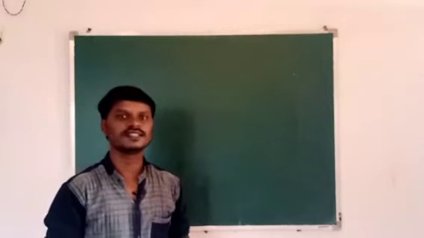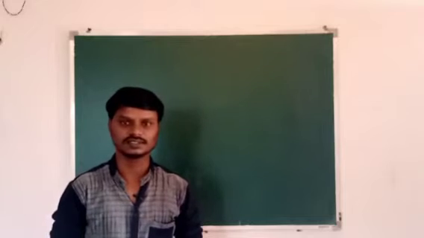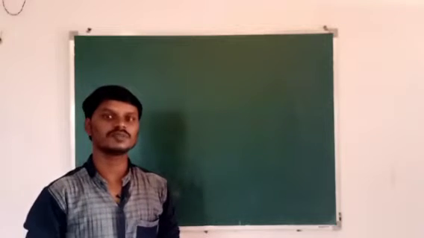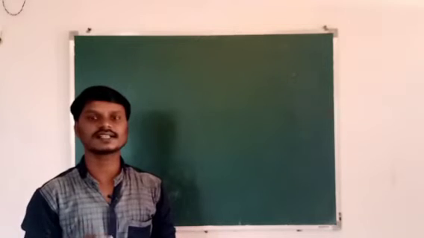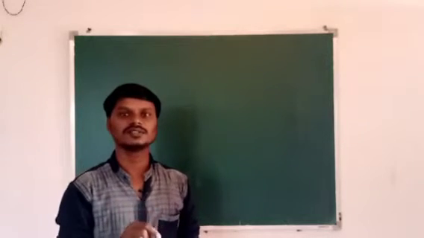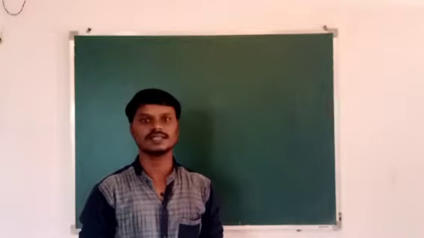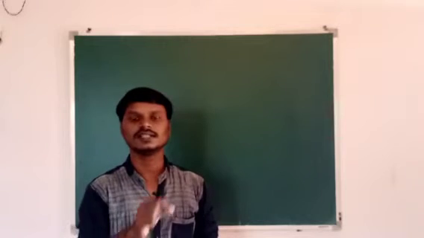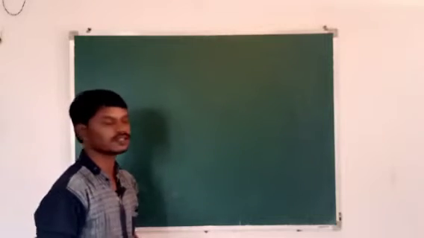Previously we discussed that the slope of position versus time graph gives the velocity of the object. Now we are going to discuss the velocity versus time graph. Then what is the use of velocity versus time graph? The velocity versus time graph can be used to find the acceleration of the object and also the displacement covered by the object. Then how to determine the acceleration of the object? By finding the slope of the velocity versus time graph. And how to determine the displacement covered by the object? By finding the area under the velocity versus time graph. Okay, so now let us discuss velocity versus time graph.